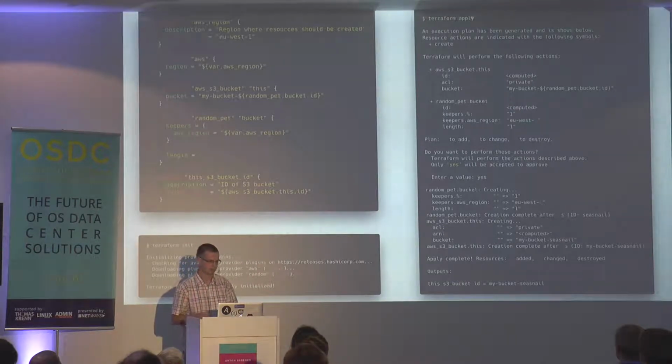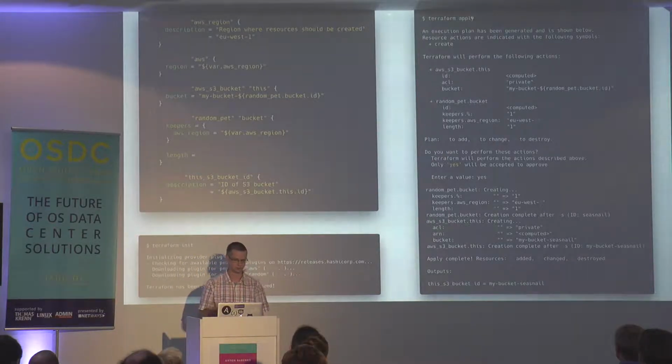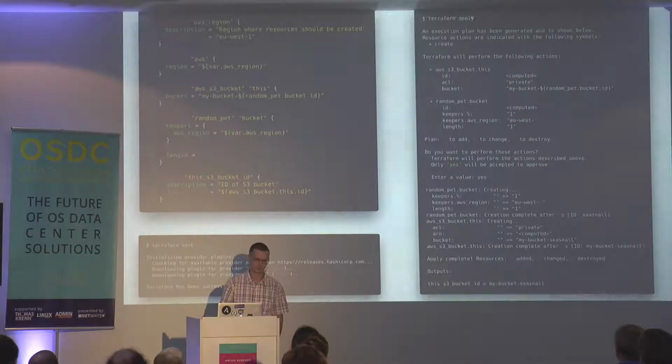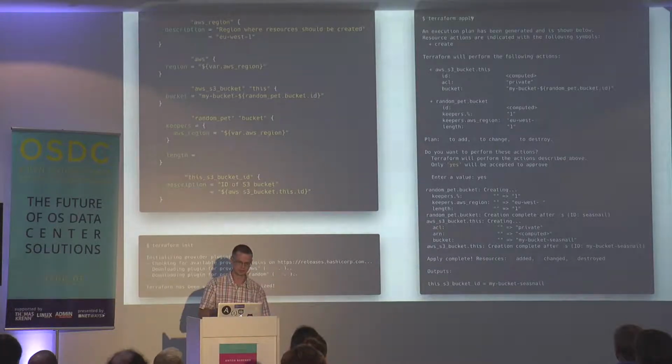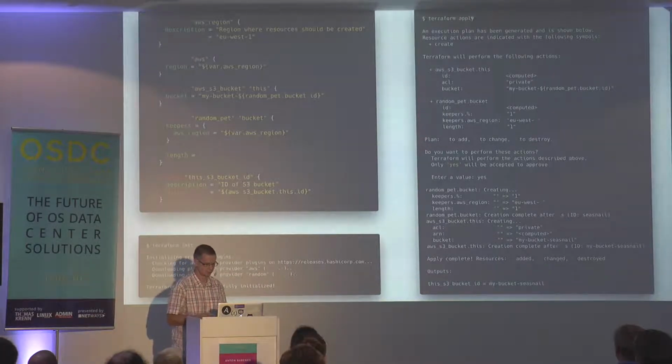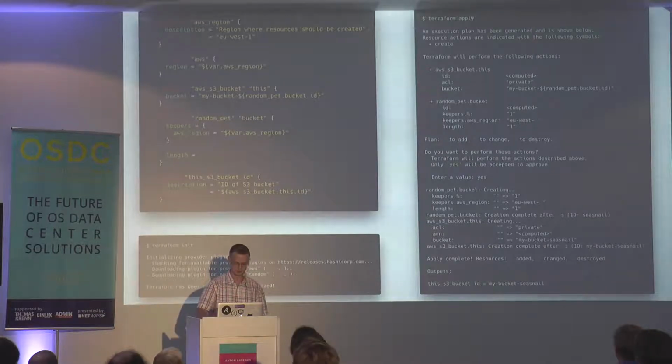As a developer, you write something like a TF file where you declare what kind of resources you want to create. In this example, I create an S3 bucket with a random name. Then I run the Terraform init command to download dependencies, like plugins for the providers of specific versions. And then I run Terraform apply to see what's going to be changed. When I apply this and confirm that's what I want, I see that my bucket csnail has been successfully created. So that's, in essence, everything Terraform is about. Declare what you want, execute a command, and get a result.